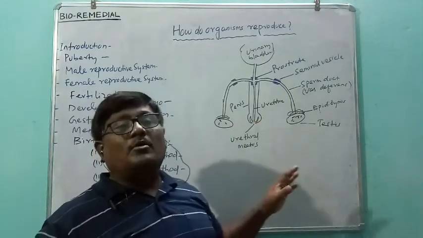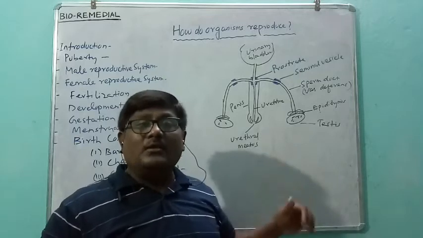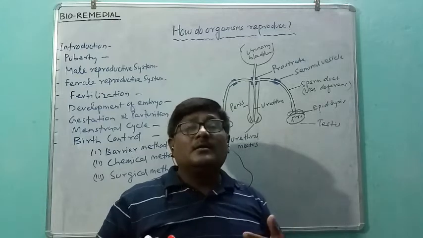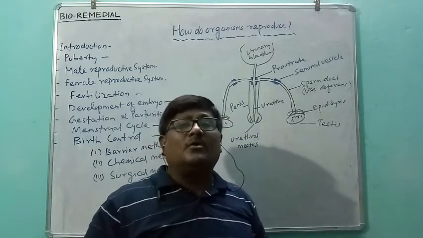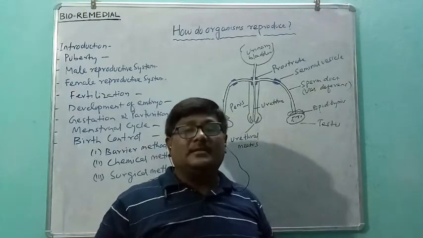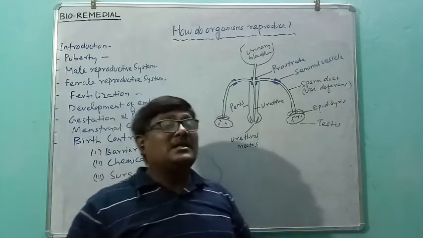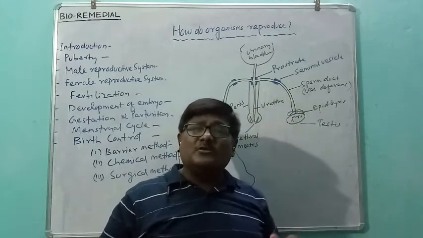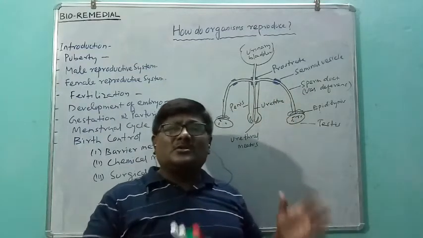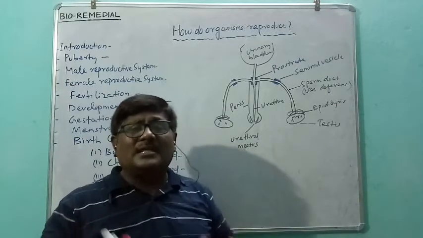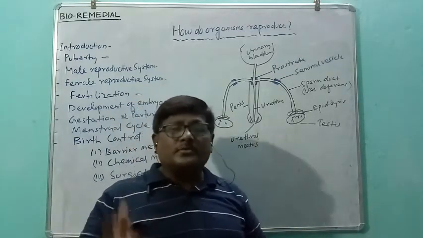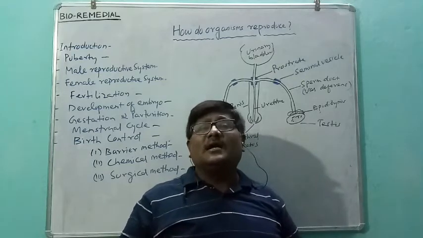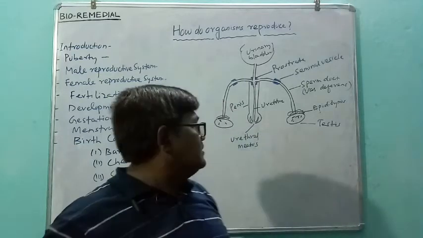So the secretion of all accessory glands along with the sperm, the liquid released out through the penis or male genital organs, is known as semen. So semen has approximately 60% seminal vesicle contribution, 15% prostate contribution, some contribution by Cowper's glands, and the rest is sperms. So the entire liquid released from the male genitalia is known as semen.